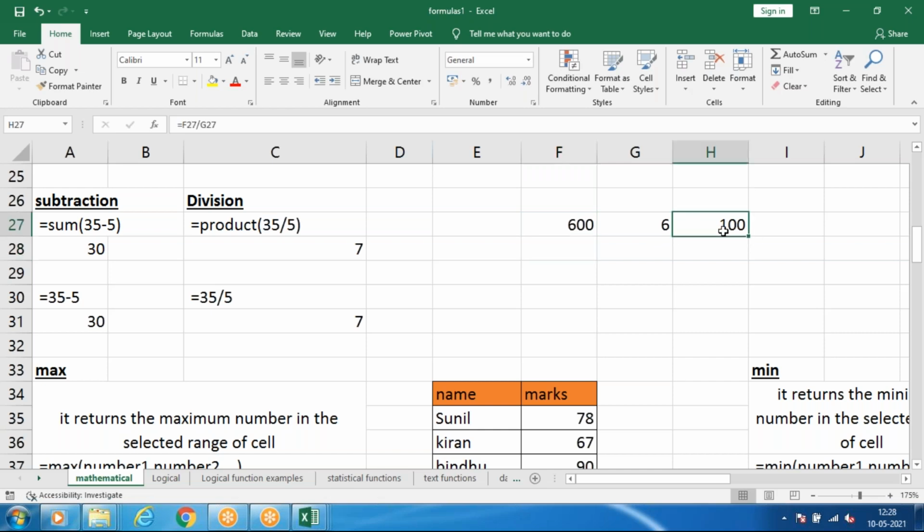So it will give the answer properly. Or else you can use a formula inside, but it will take more time. Directly working on the cells is always better.